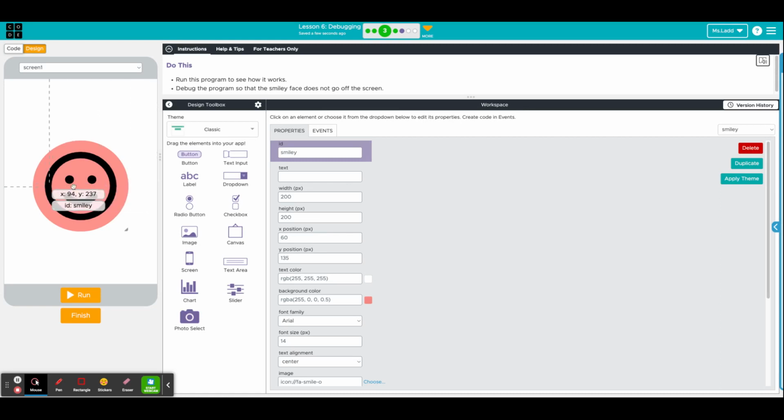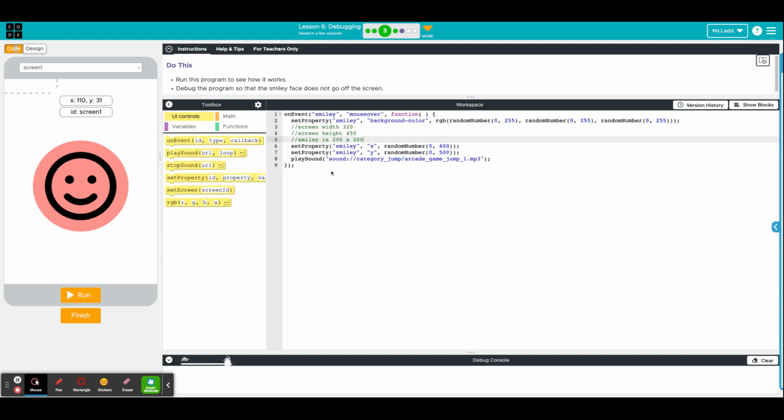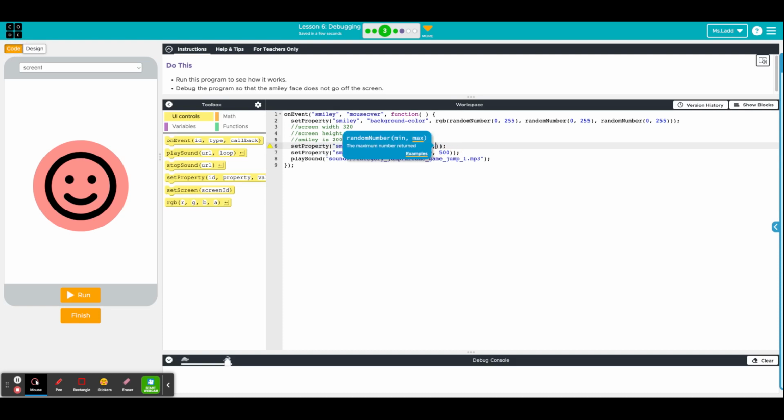Because it's so big, that's going to make our 0 to whatever a lot smaller, because this is 200 pixels in width. So we want to make this number 320 minus, oops, sorry,